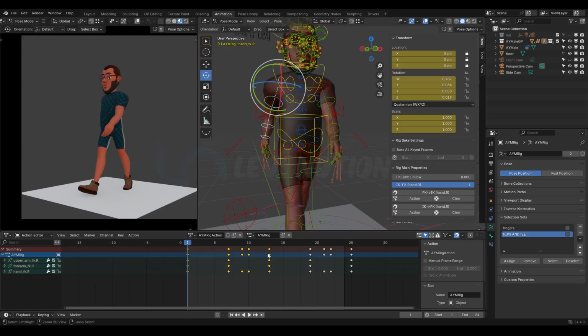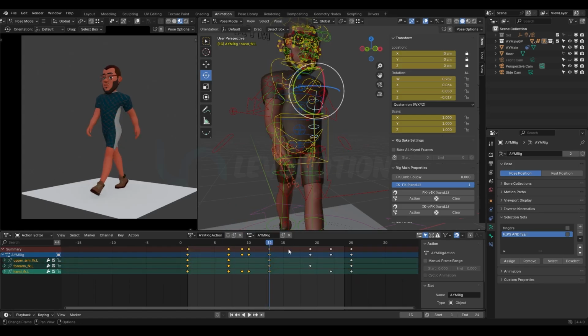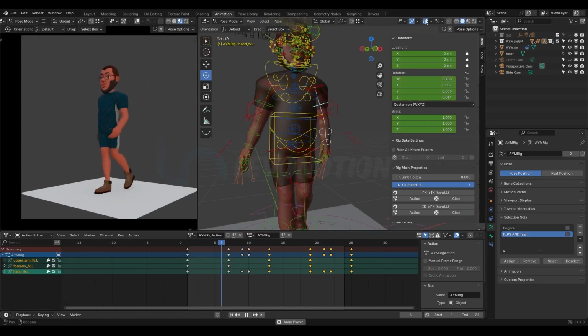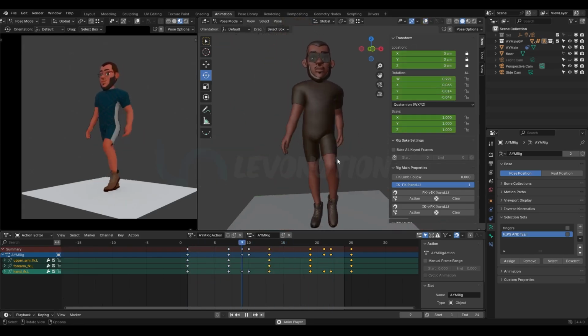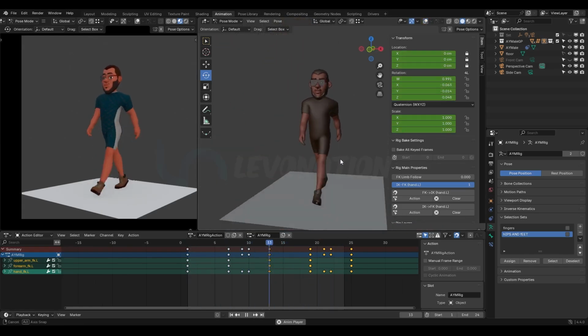Ctrl C to copy that, and you want to go back to the left arm and go to frame 13. This time around, Ctrl Shift V to paste. All right, so this way you should see the animation already flipped. Okay,